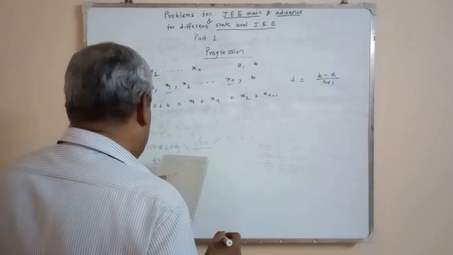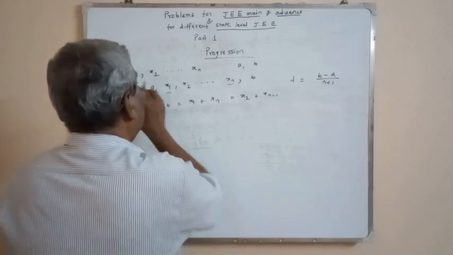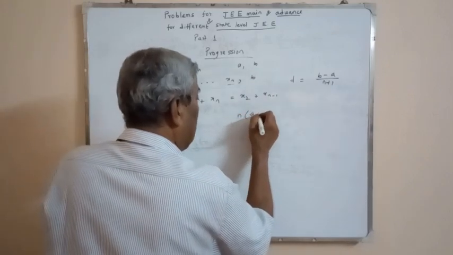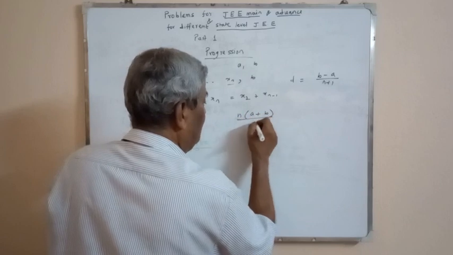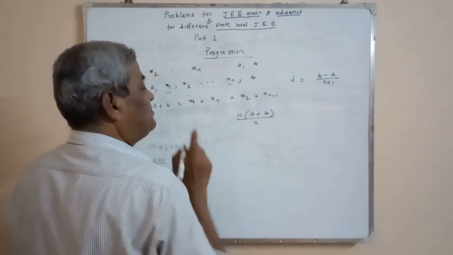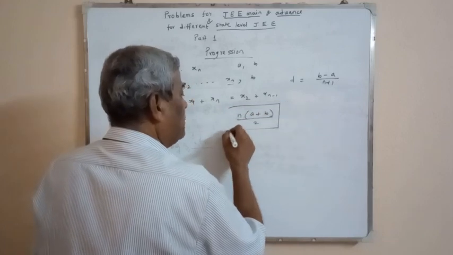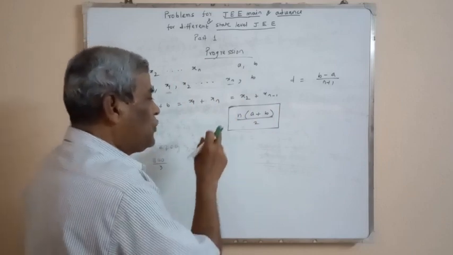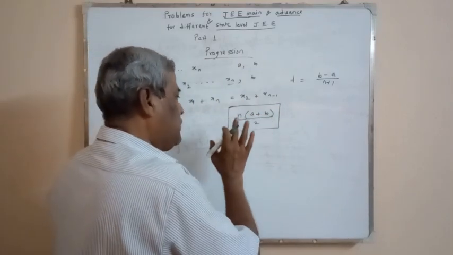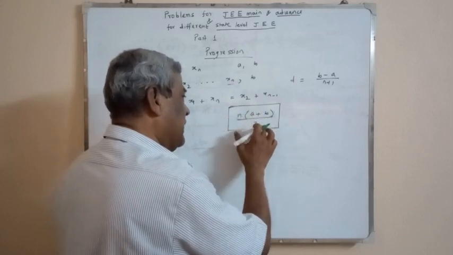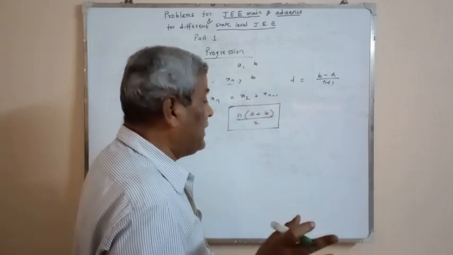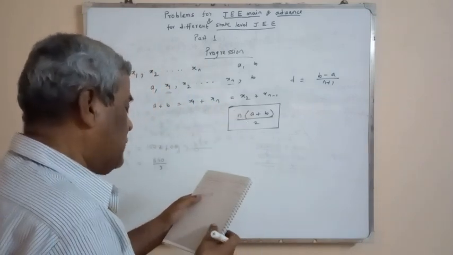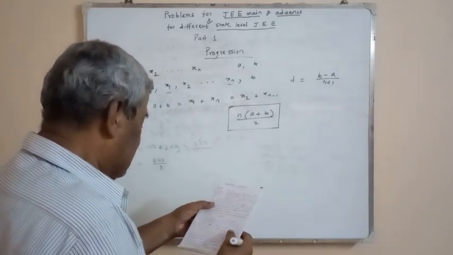And the sum of n arithmetic means between a and b will be equal to n into (a plus b) by 2, by using that property. This is a very important formula. The sum of n arithmetic means introduced between a and b is equal to n into (a plus b) by 2. Without calculating the arithmetic means, the result can be obtained by using that formula. So next,